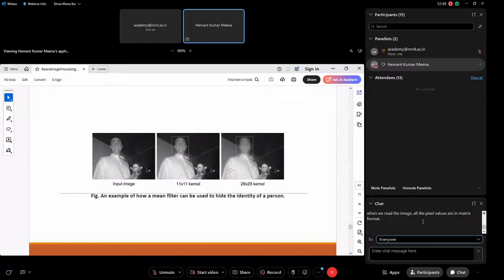Remember, it does not always bring more clarity. It also blurs. For example, you can see in this input image when you apply the 11 by 11 kernel. See why it is happening? It is happening because you are bringing out more impact of neighborhood information. All of it has led to the same type of pixels. If you really see the histogram, it is the same value in the neighborhood. So that's why it is